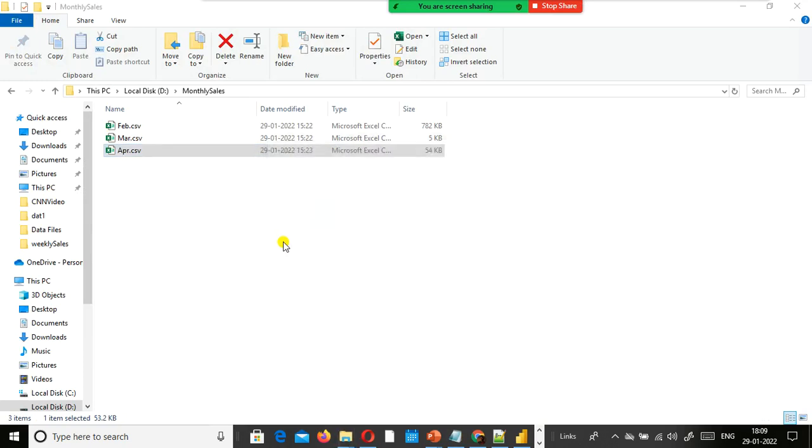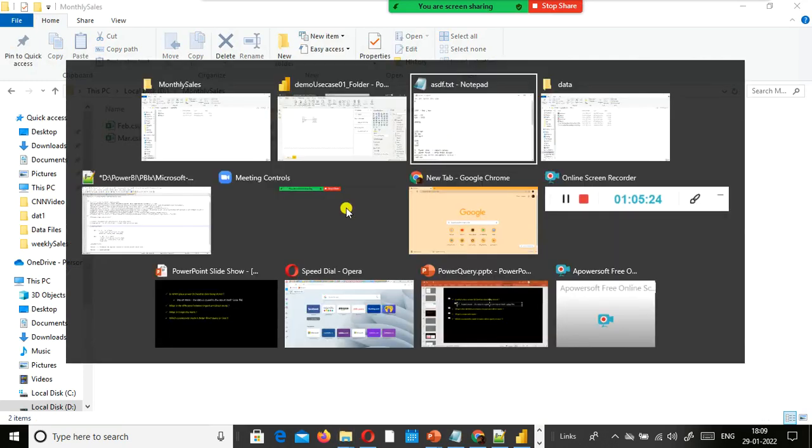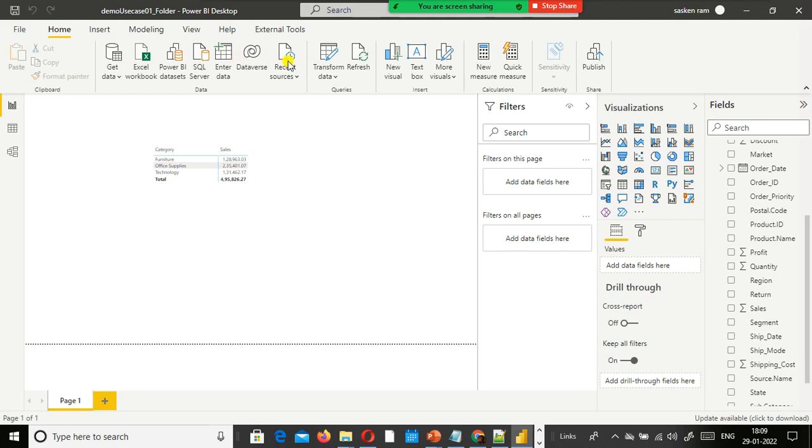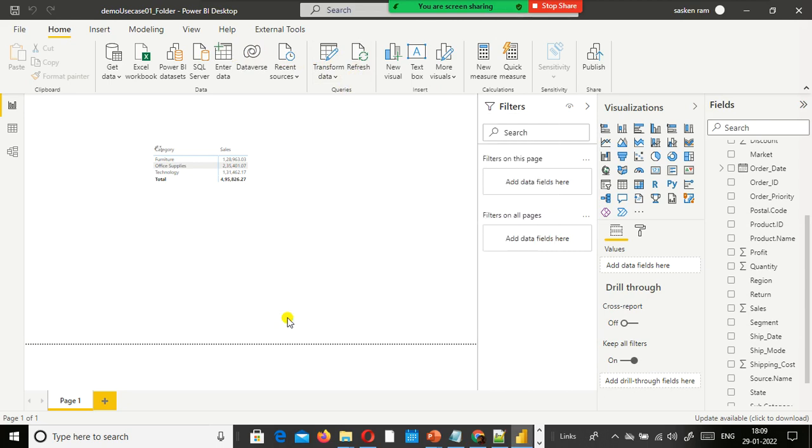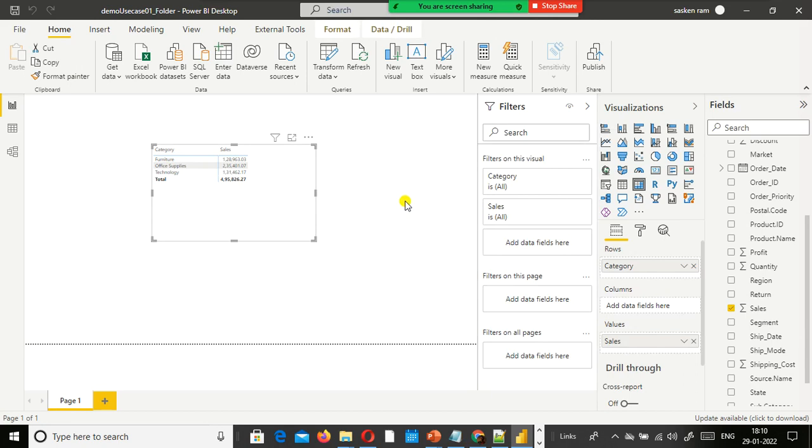April, I just remove this one and go ahead and refresh it. Don't worry, I will explain it one more time. First let us see if it is correctly reflecting or not. It is not reflecting correctly. It is not picking up correctly. One second, I go to Transform Data.